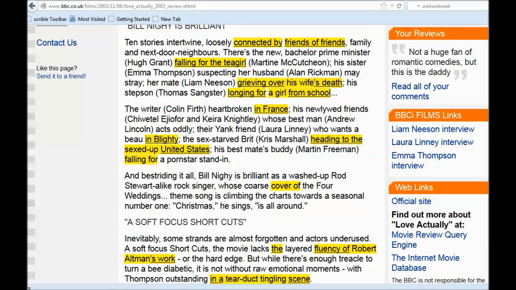On the same line, we've got the verb to head to somewhere, and that means to go from one place to another. Okay, so I flew from the UK to America. Okay, I headed from the UK and I headed to America. So with that verb, it's like go. So the preposition is to. On the final line, again, we have to fall for somebody. In the next paragraph, we've got a cover of.